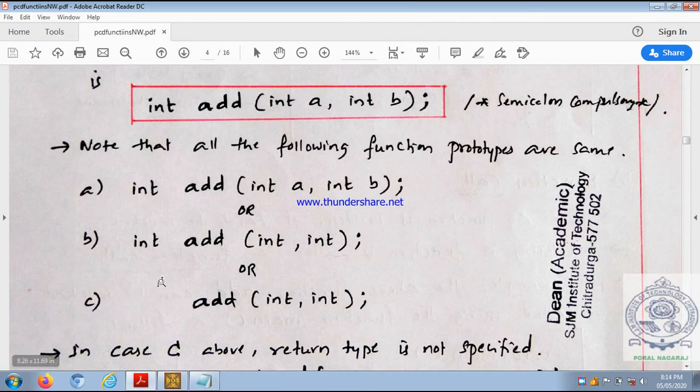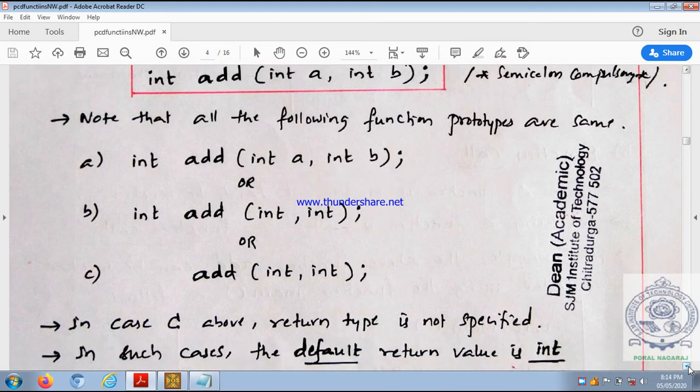Here the return type is not mentioned, observe here. If the return type is not written, by default the function returns integer. So integer is the return type here, that's why we need not mention it. By default every function returns an integer value. The question may be asked: what is the default return type of a function? Integer. So that's why we have not written it. Not writing a return type means the return type is integer, understood.